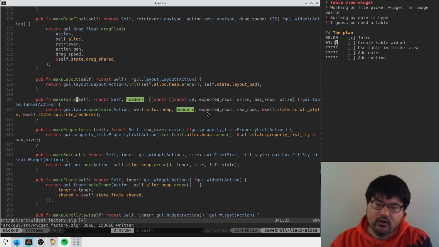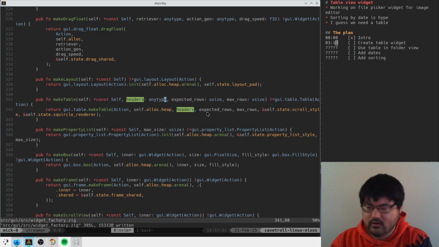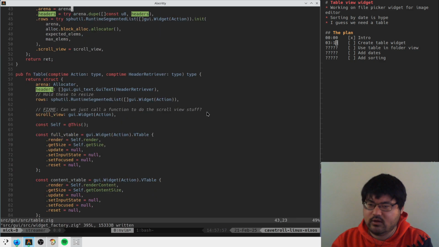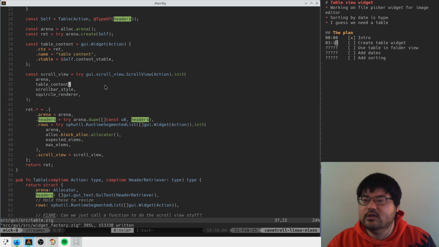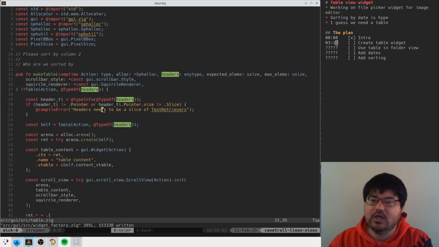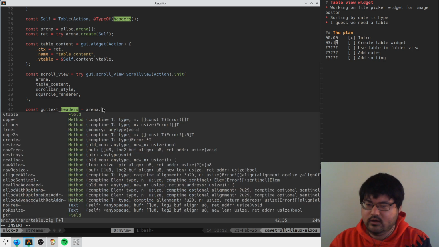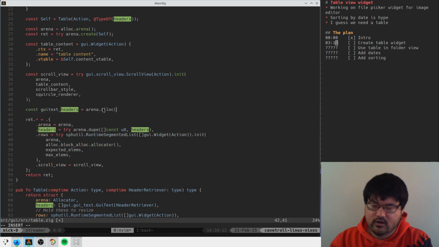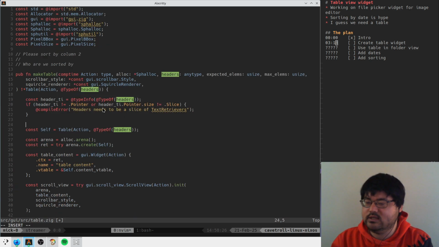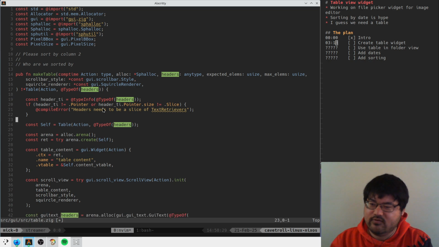I mean, why are we bothering? We'll just write any type here as well. And then I think most of this should come together still okay. This GUI text stuff needs to be fixed. Okay, so for each header that we get, GUI text headers is going to be something else. So we're going to do arena, we're going to allocate a bunch of these GUI texts. Which means that we need to extract the type of the individual header retriever here,